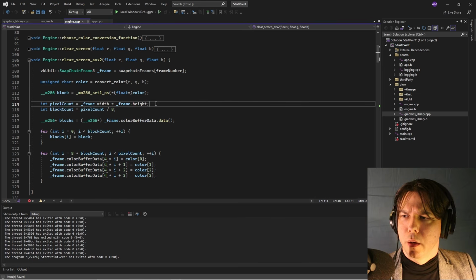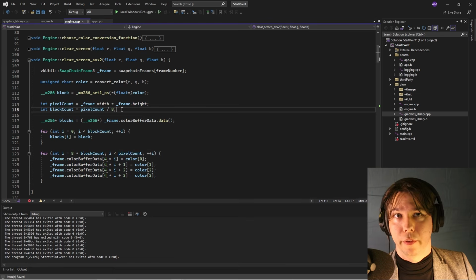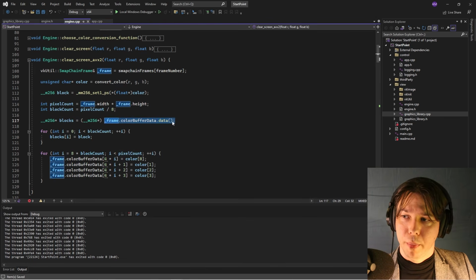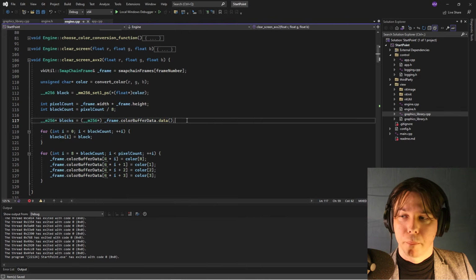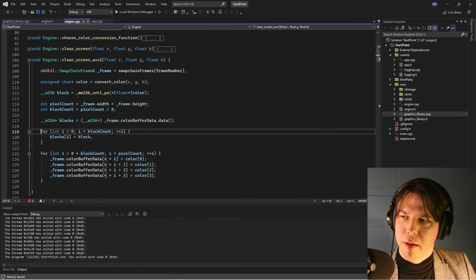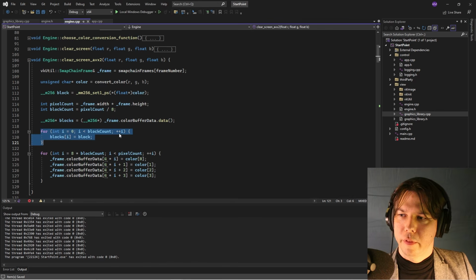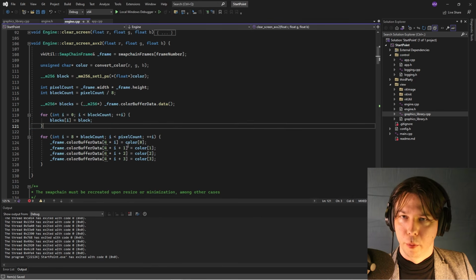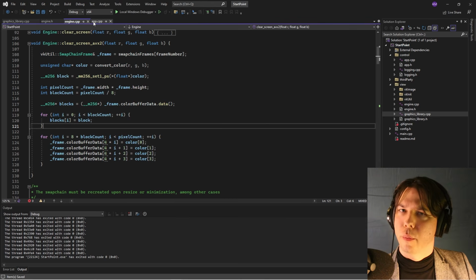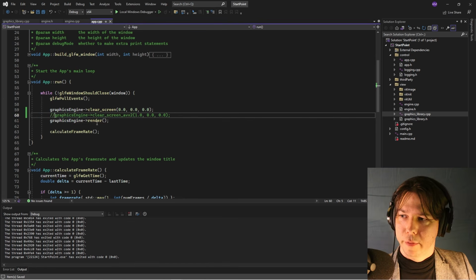So then we get the number of pixels on the screen, divide that by 8, that's the number of blocks if we're setting 8 at a time. The same as before, take the color buffer and interpret it as a pointer to a block. So we're setting the stride to 256 bits, and then go through setting 8 pixels at once, and then right at the end do a little loop. Okay, so if we were to run this and set 8 pixels at once instead of 1,